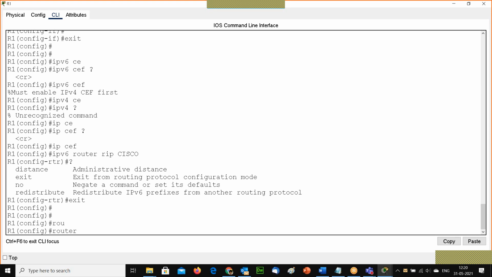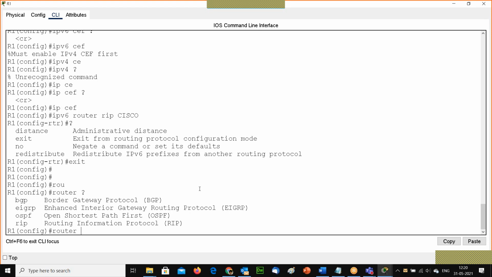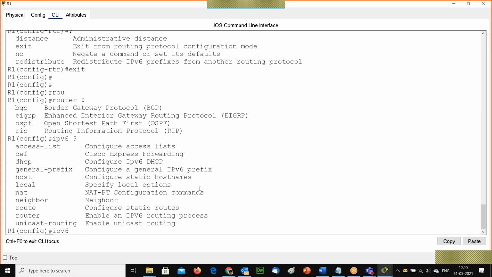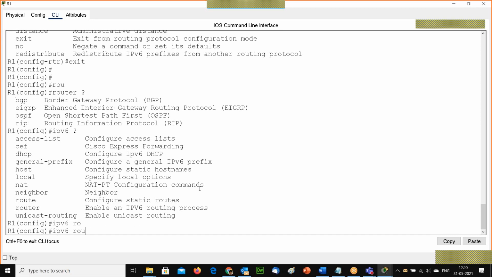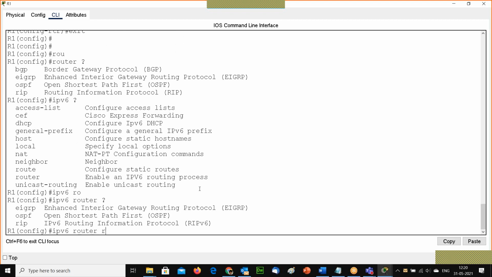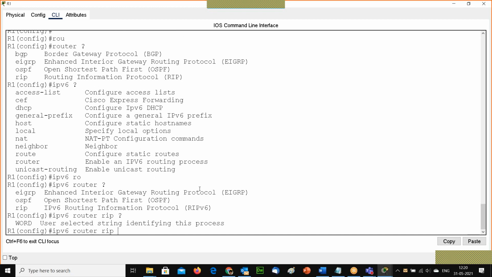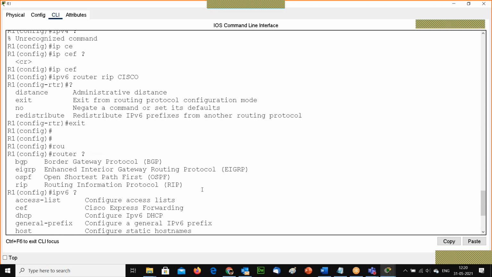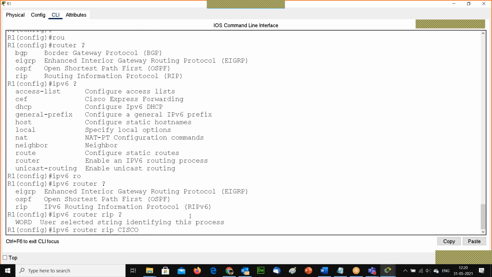After IPv6 CEF we have enabled, IPv6 unicast routing we have done, IPv6 router, in capital.